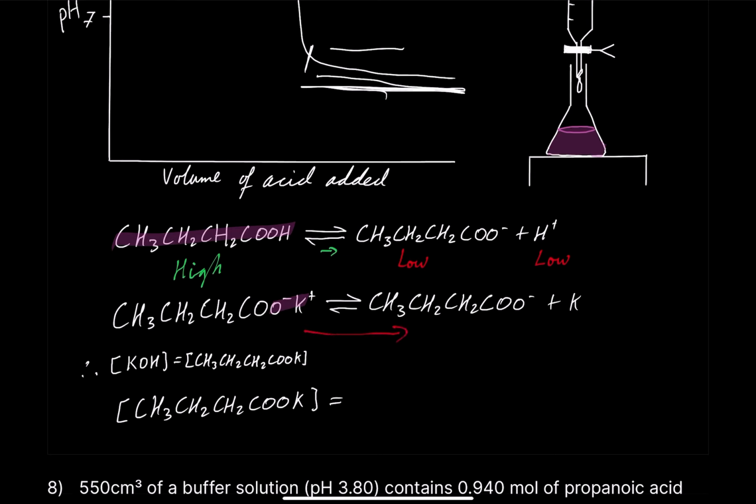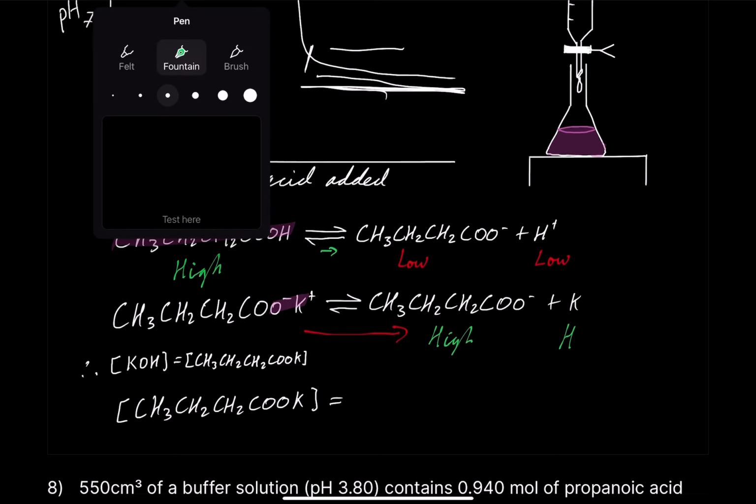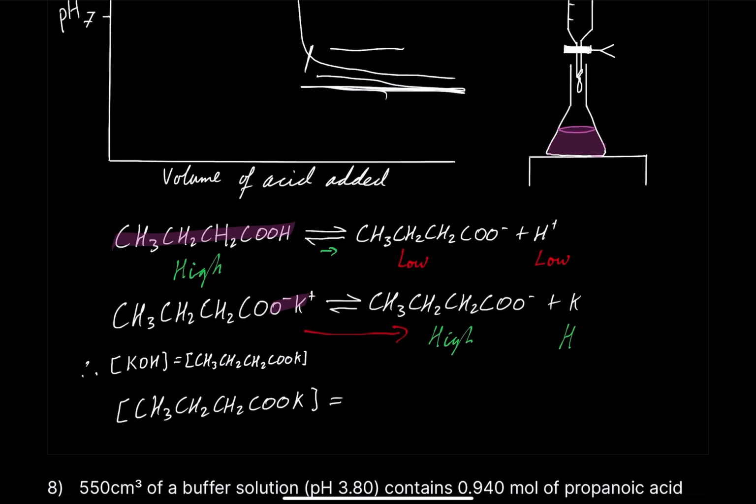So therefore, we'd expect to see a high concentration of our butanoate ions, and a high concentration of, sorry, that should be K plus. I'm really sorry about that. That should be K plus. So you expect a high concentration of butanoate ions from this dissociation, and a high concentration of potassium ions, and because the salt fully dissociates, a low